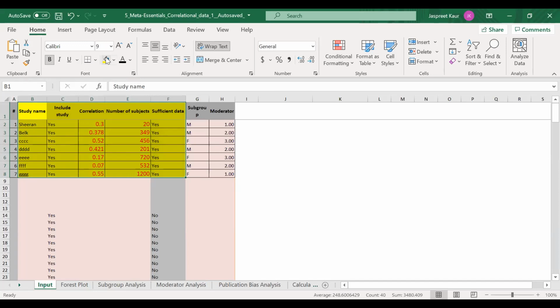Okay, I hope you have understood what to do. Now, in your case, it is ready-made. In my case, because I showed you a live paper, I've cut, copy, pasted. Now the only thing we have to do is click on forest plot. This was the input page. Just click on forest plot.